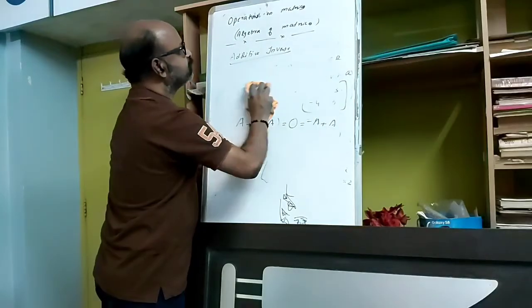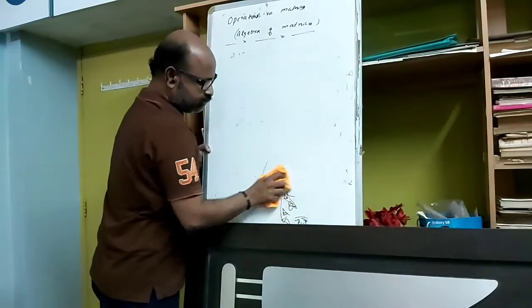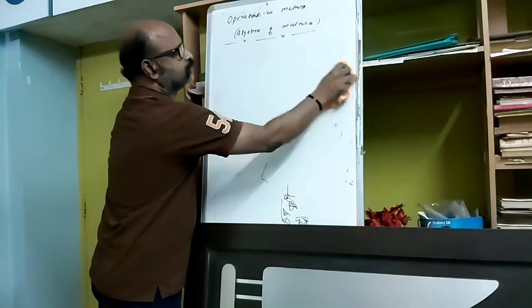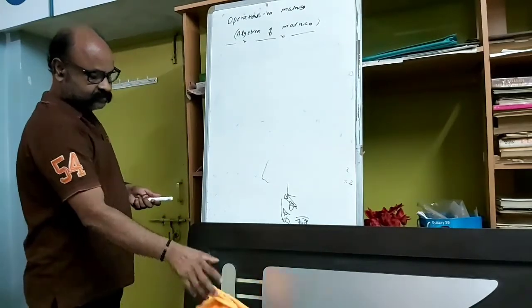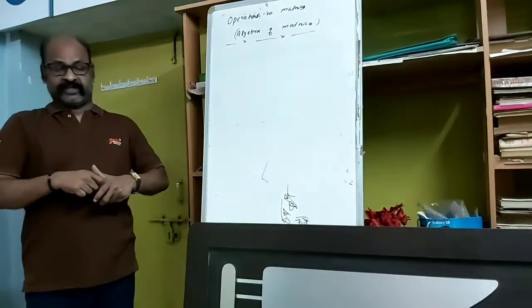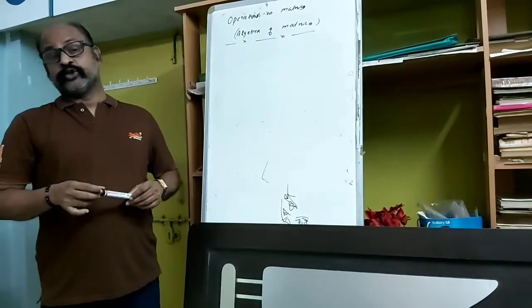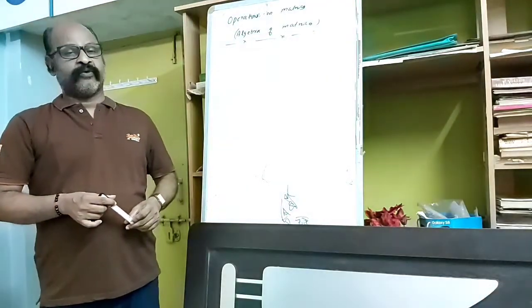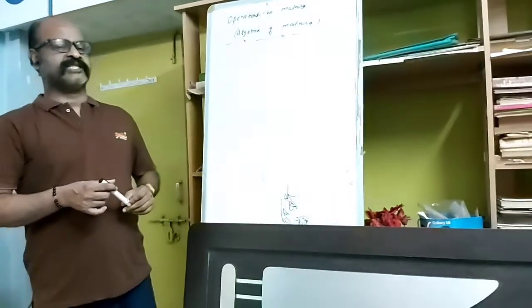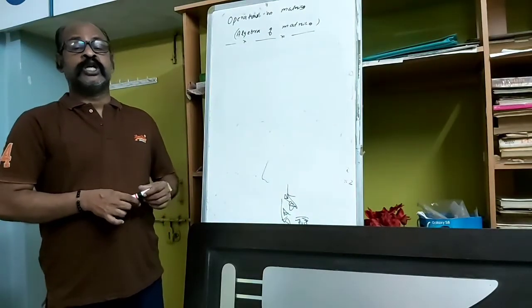The operations on matrices, or the algebra of matrices. In the algebra we have discussed first addition of two matrices. Let us recall it. First of all, it is not possible to add any two matrices. For adding two matrices, there is a certain condition, and the condition is the two matrices must be